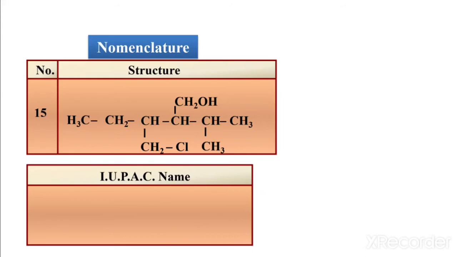We have to select the longest chain. If we start numbering from this side, the hydroxyl group gets the maximum number, and in this fashion if we start the numbering from this side, 1 2 3 4 5, the hydroxyl group is nearest and has the minimum number. From the other direction the hydroxyl group is away, therefore the numbering starts nearest to the hydroxyl, that means 1 2 3 4 5 here.